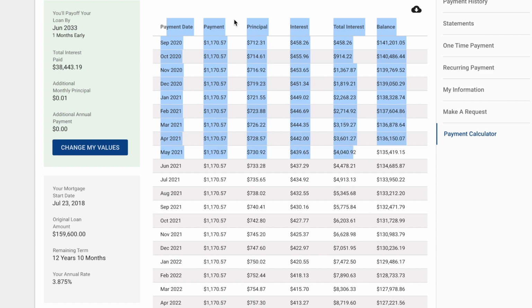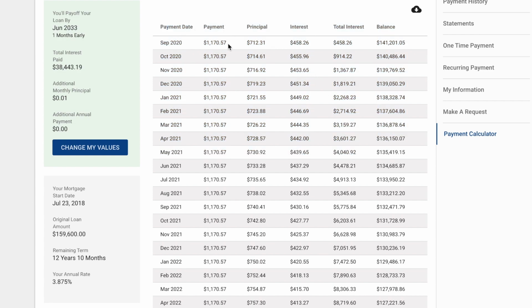So it has the payment date, the payment, principal, interest, total interest, and the balance. So it literally goes by every year, but you can get some that go by every month. That's really granular. This table is going by month for what the payments are, right? So it's literally telling me, okay, if you make the same amount of payment for all these months,